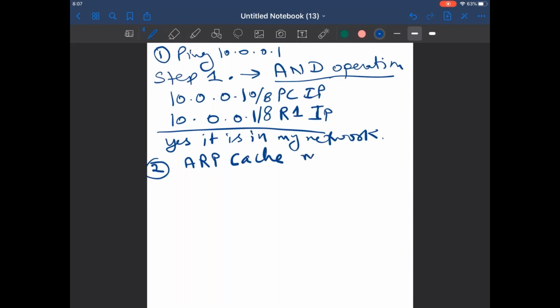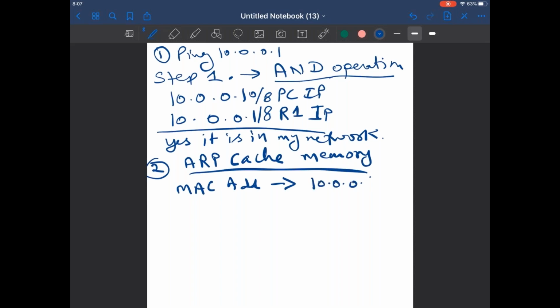Our cache memory means our table. PC1 will check its own ARP cache memory. In the ARP cache memory, it will check the MAC address of R1, the destination MAC address associated to 10.0.0.1, R1.